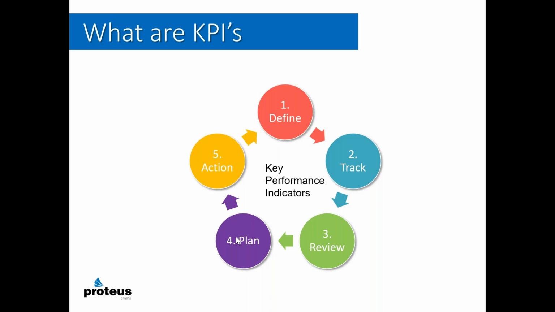I can set up a KPI to show mean time between failure, and that's good information potentially, but the real question might be, if I did PMs more frequently, could I fix that? Or am I not doing PMs? Am I not getting to my PMs? And as a result, I'm having failures. So the planning and the review and the organization of what am I tracking and why is going to be very, very critical in how we approach key performance indicators.